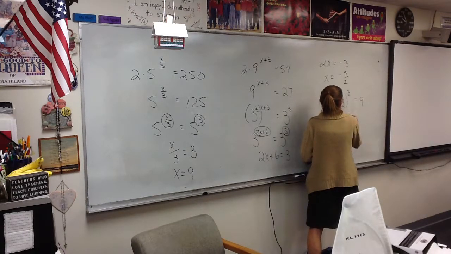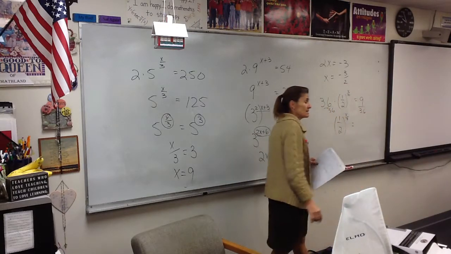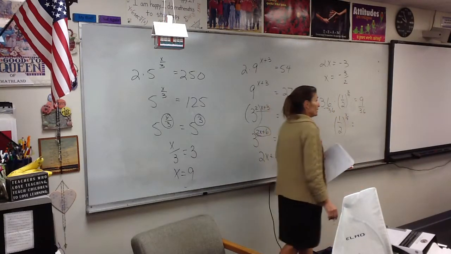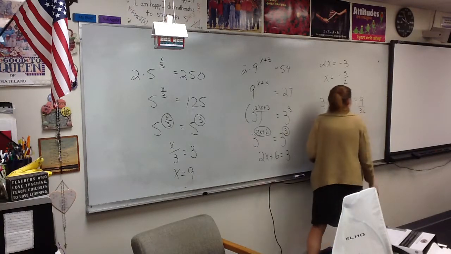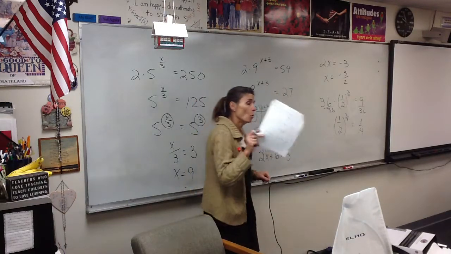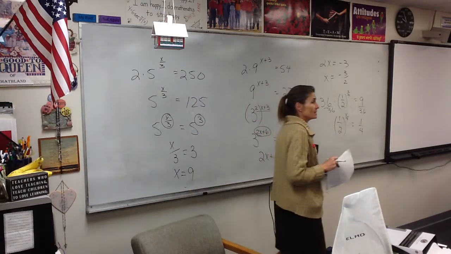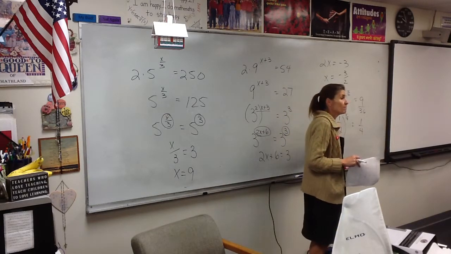Now, what happens when I divide 9 by 36? What do I get? I get 1/4. I'm going to leave that as a fraction because 1/4 is something special. What is 1/4? It can be changed to